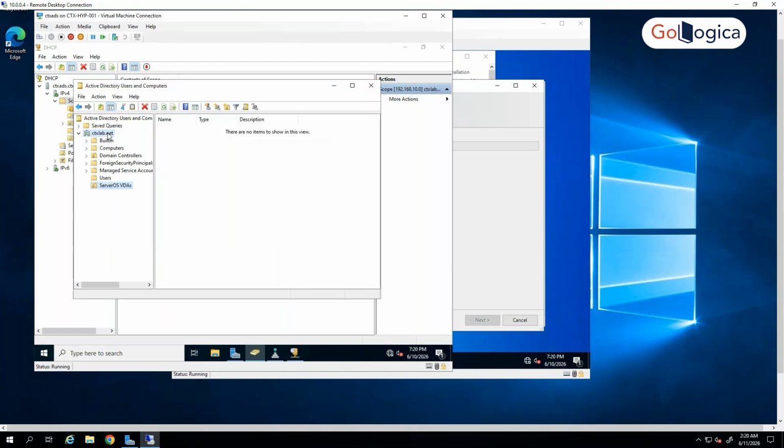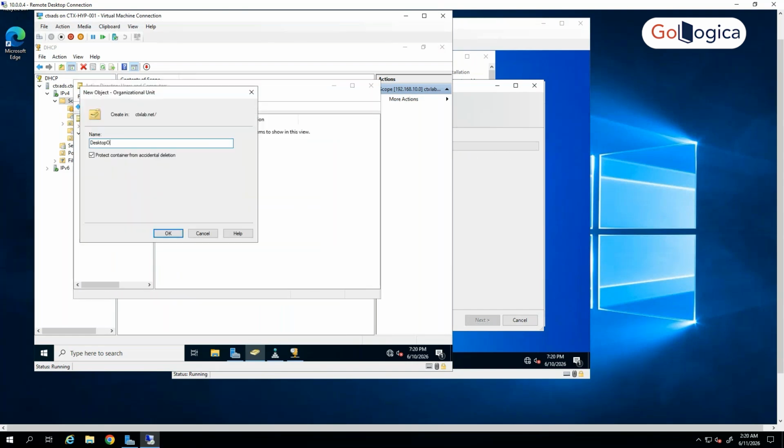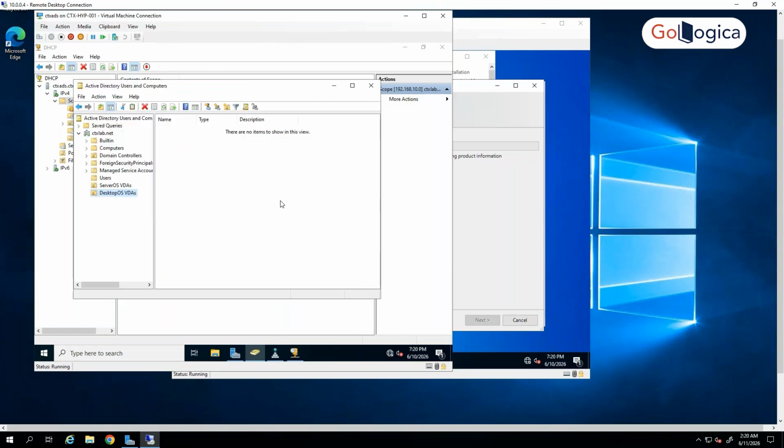Okay, and one more OU I will create, that is desktop OS VDS. So when I provision machines, I need to select these OUs. If I have created Windows 11 based machines, I'll keep them in desktop OS VDS. So that is why I need to create OUs,